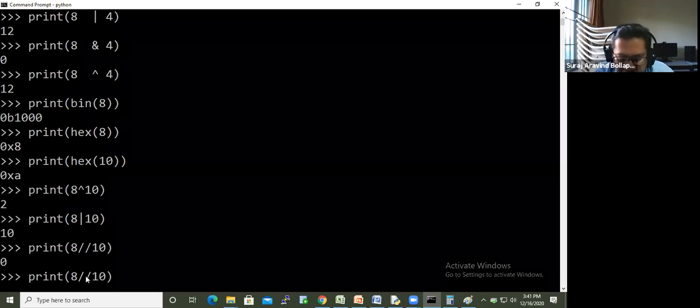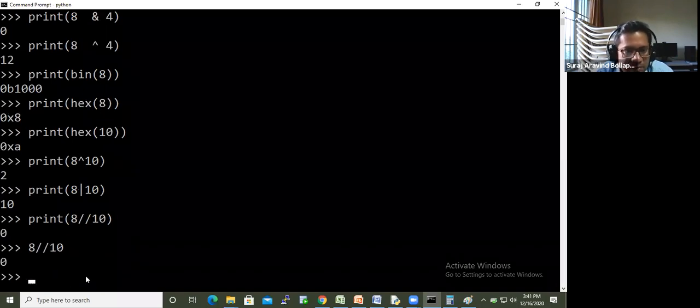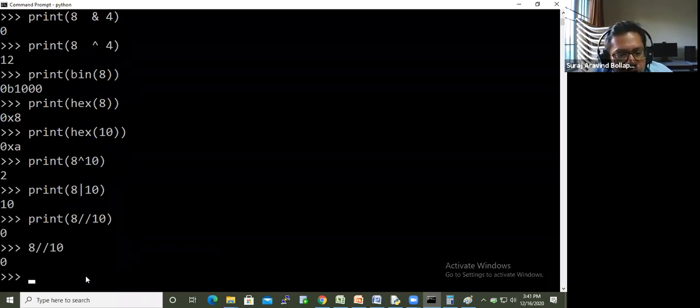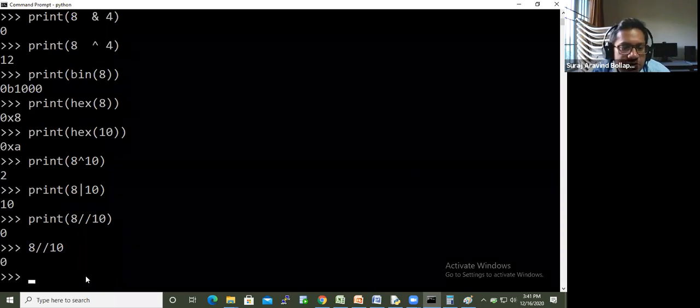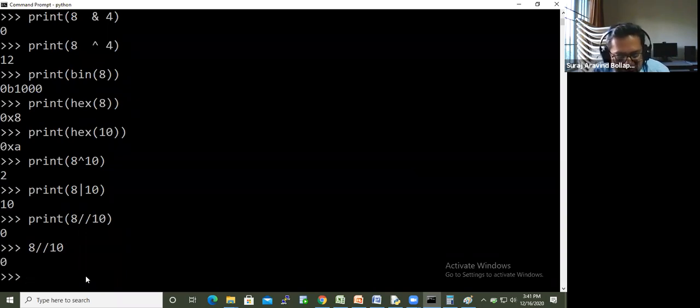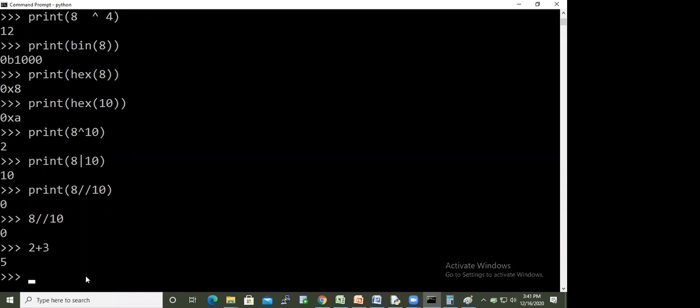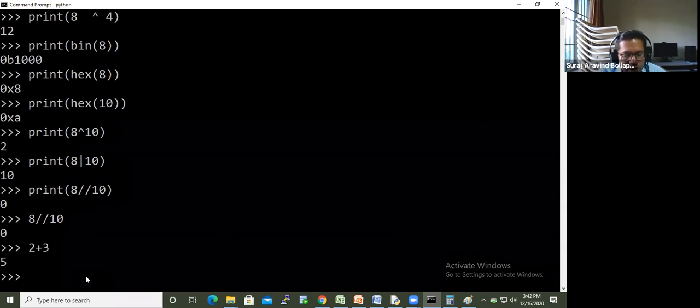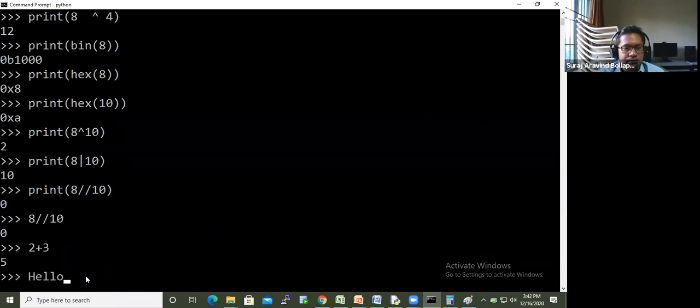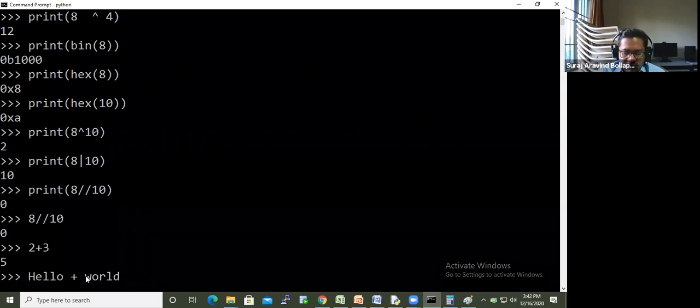Or let me not use print at all. Let us see whether we can evaluate the expression and let it print. So the Python interpreter is evaluating the expression and also printing it. We don't have to use the print function. Will it do this for everything or only for numbers? Let's check.